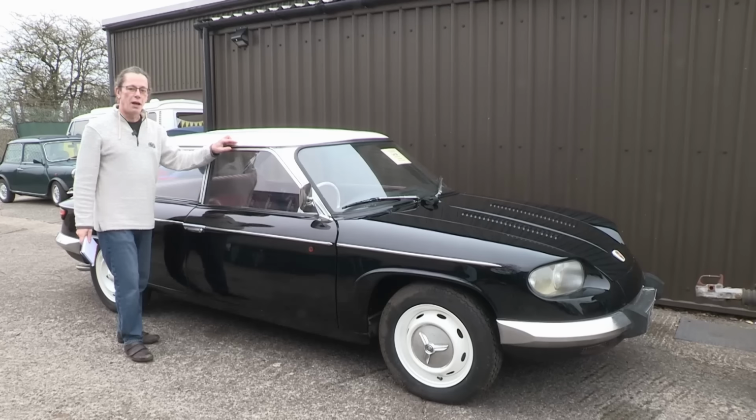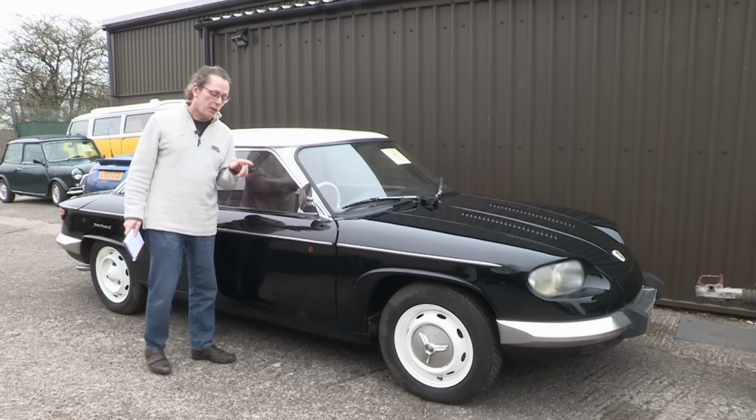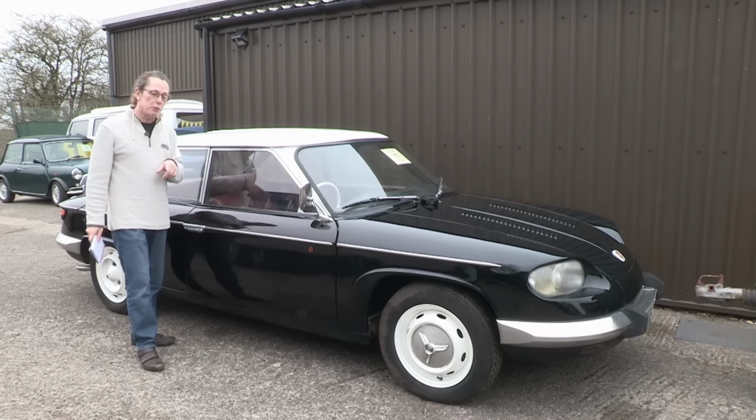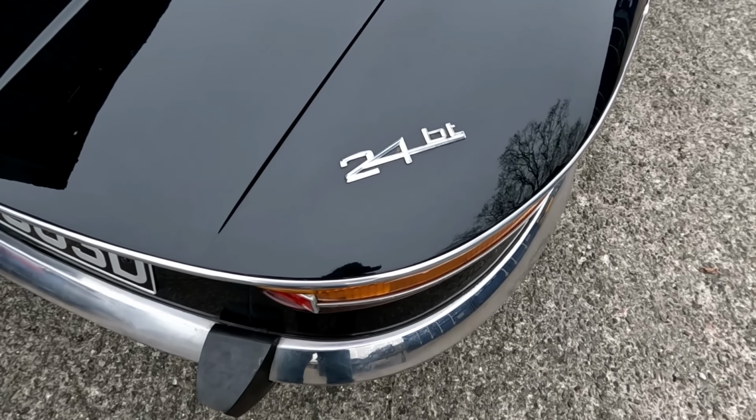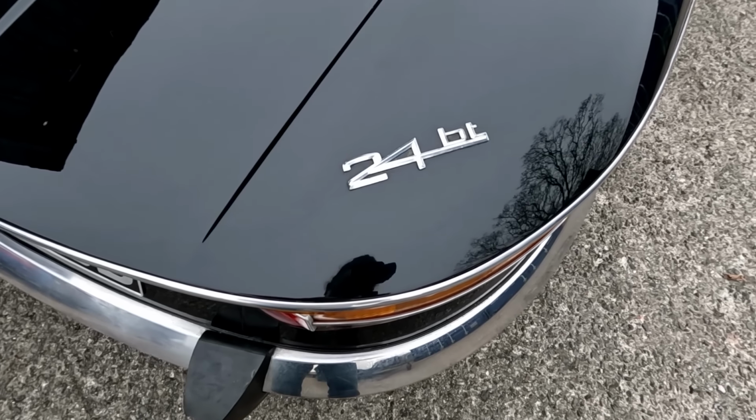5019. Off to Switzerland. Okay, here's something completely different. I've not seen one of these before, and I'll be very surprised if you had. It is a Panhard 24 BT. No, I didn't know about them either. Come over from France,